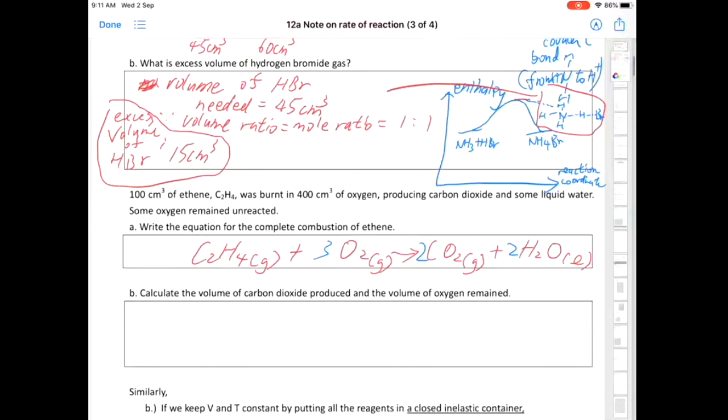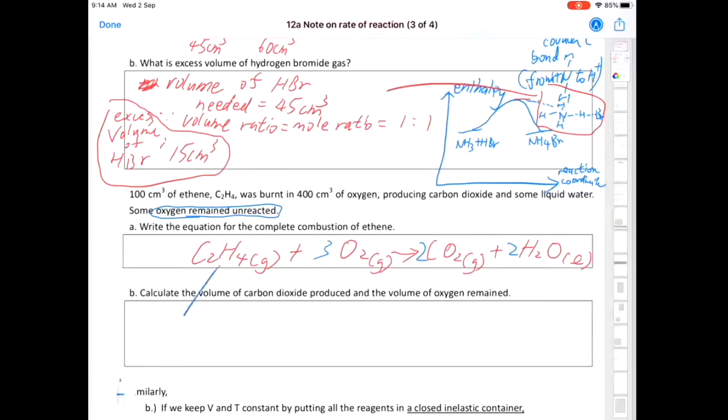Even without your calculator, I think, because the numbers are so nice. Now, in the question it is given that some oxygen remains unreacted,